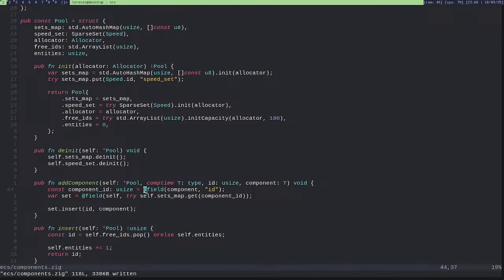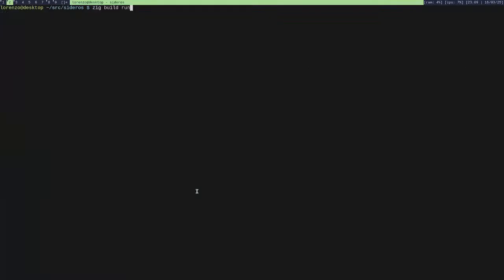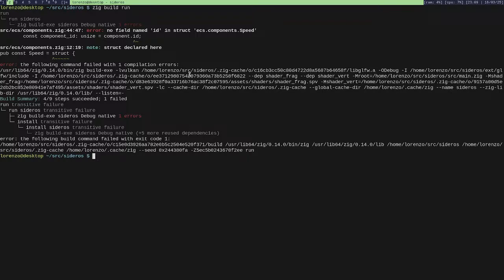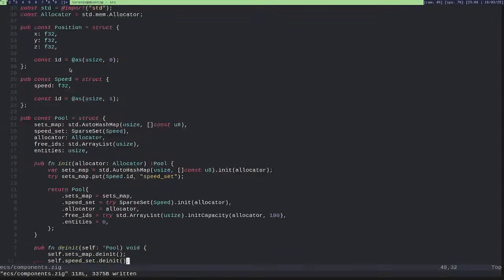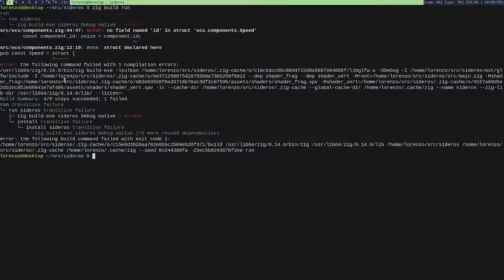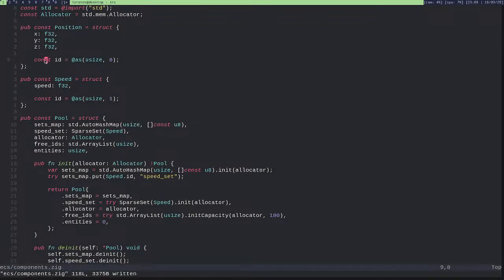Can't I do something like directly component.id? Because it's not a field. How do I access this thing? Should I make it public?